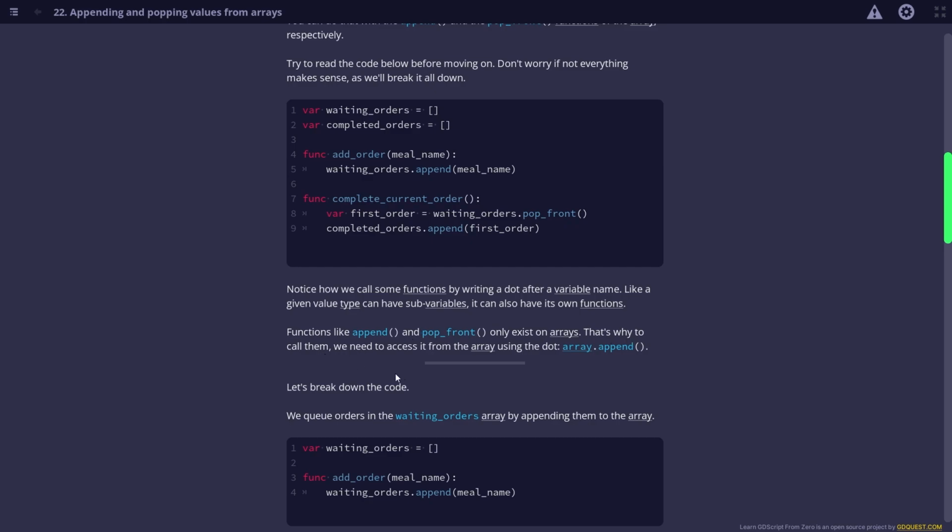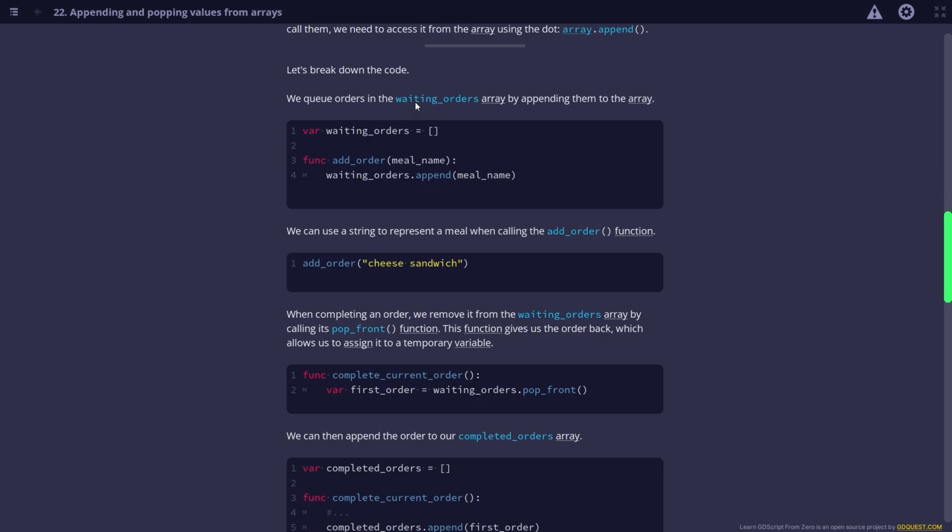So let's break down the code. We queue orders in the waiting orders array by appending them to the array, right? So we've got var waiting orders is the empty array, and then we say func add order meal name, waiting order append meal name, just like we said. We can use a string to represent a meal when calling the add order function. True. So add order